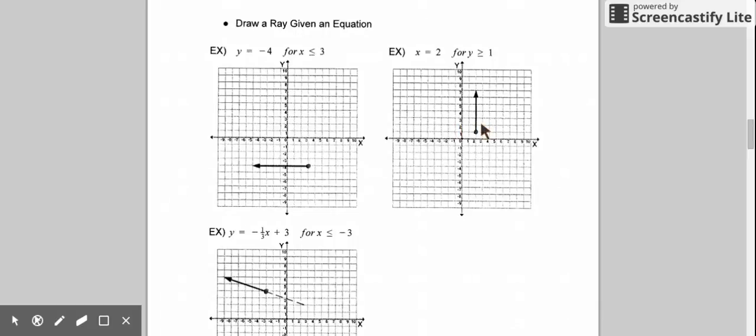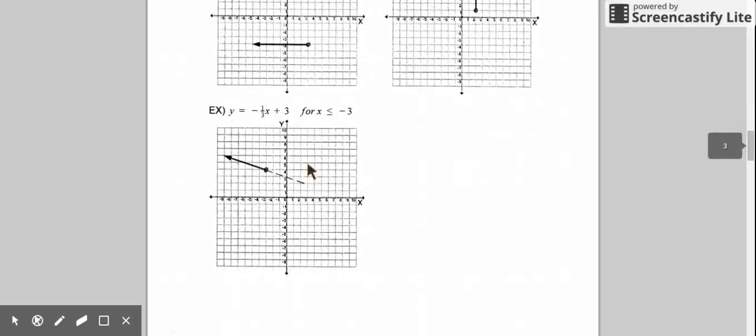For the vertical line, we got x equals 2, but it only exists when our y values are greater than or equal to 1. And for a diagonal,